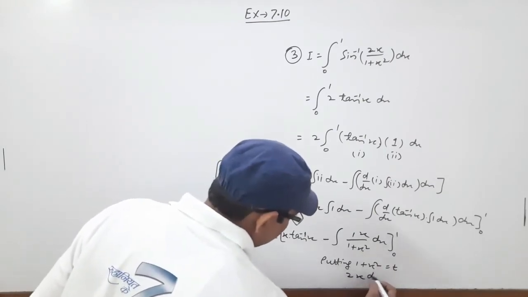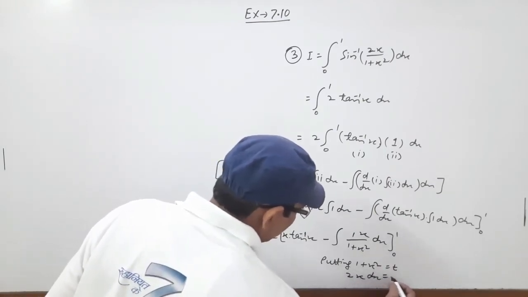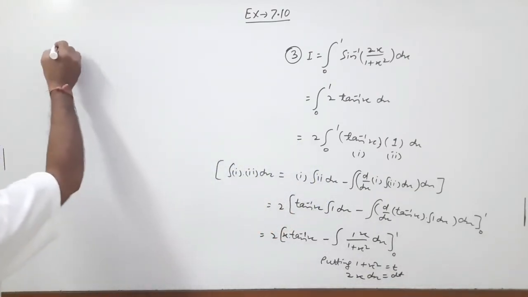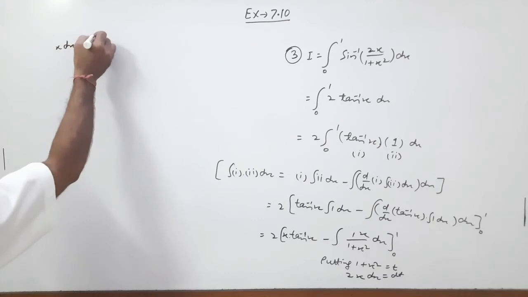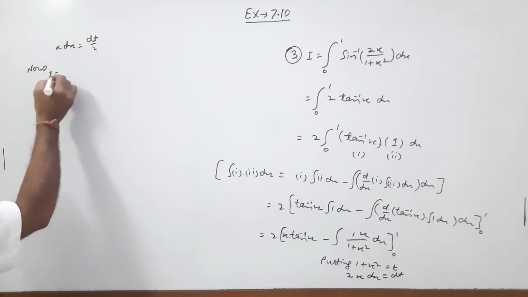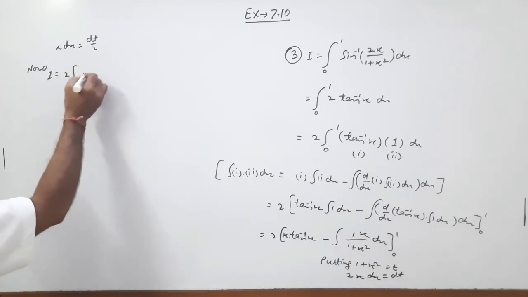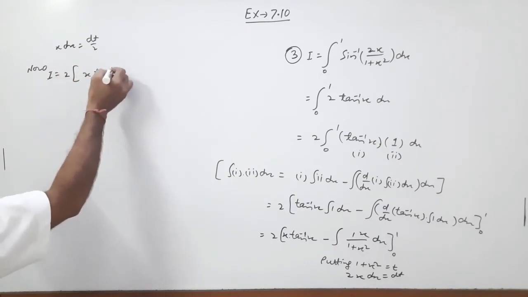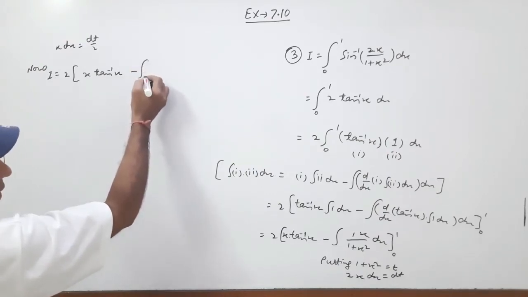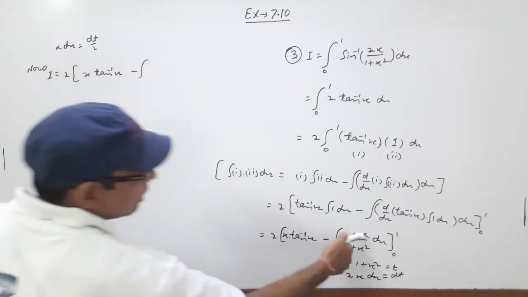Differentiating both sides with respect to x, we get 2x dx equal to dt and x dx equal to dt by 2. Now the integration becomes 2 in the bracket, x tan inverse x minus integration, x dx becomes dt